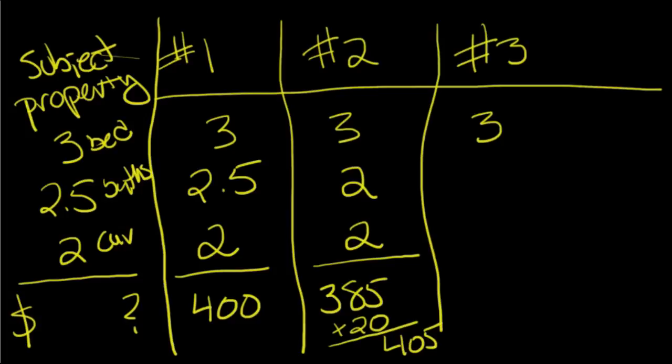No, we still have to go to our third comparable, and sometimes you may have more than 3 comparables. Let's say that this also had 3 bedrooms, 2.5 baths, and a 3-car garage. Ooh, a big garage. All right. We also have to assume that all the other things are equal for this very simplified example. They're all built at the same time, in the same school district, in the same condition, all that other stuff. You're going to be looking at that.